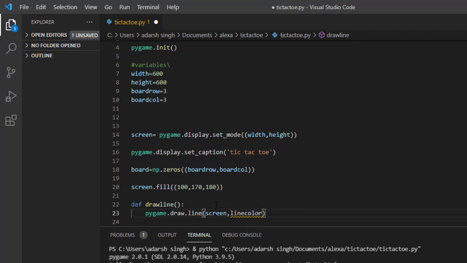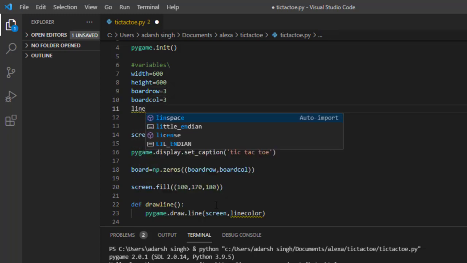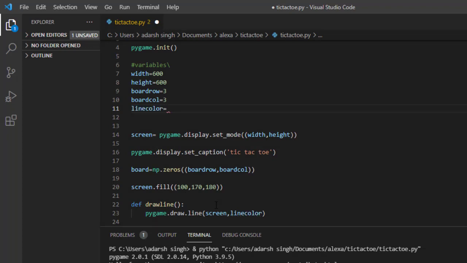Here I am giving it a variable. So for that, I come to my variable slot and write line color equals, again in RGB form, 0, 0, 0, that means black, and came to my line. After that, just simply comma and the